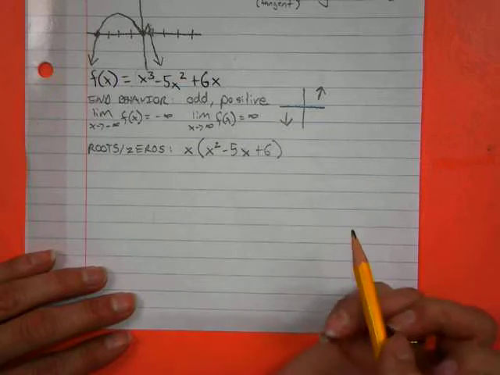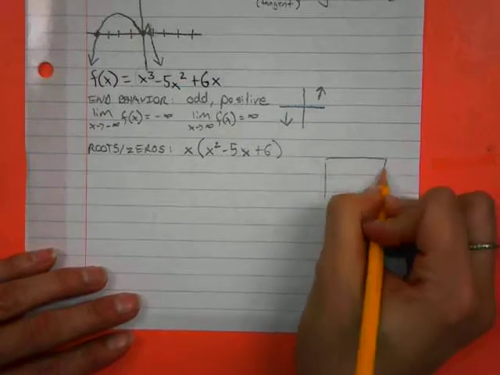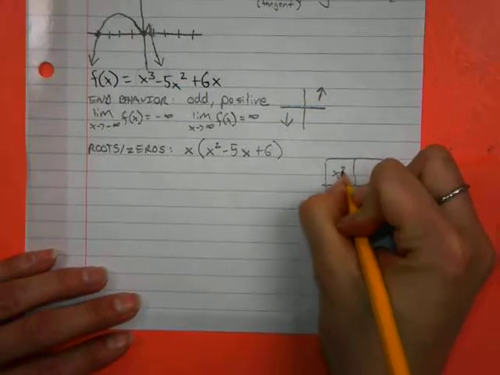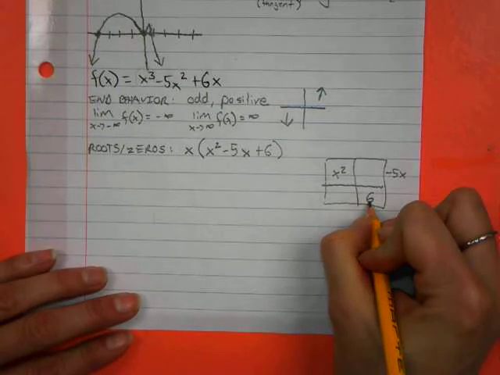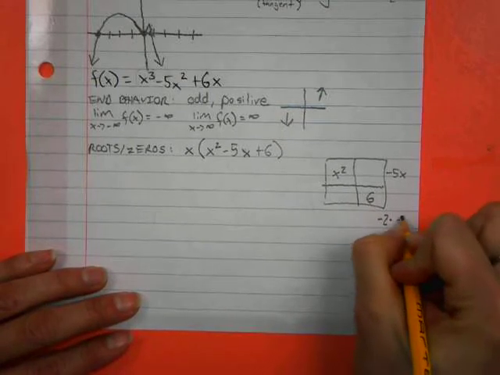Now I have a quadratic that I can factor, so I'm going to say x squared minus 5x plus 6. If I say -2 times -3,